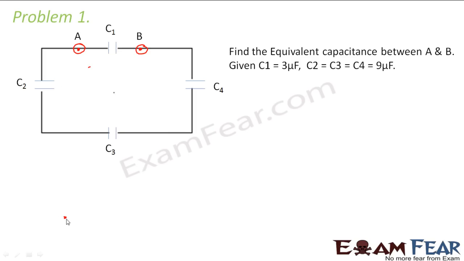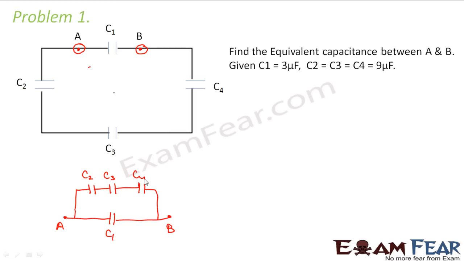So it is always advisable to draw the circuit diagram as per your comfort. First you draw the 2 points between which you have to calculate. So what do you see? There is one capacitor in between these points. So let us draw that capacitor first. And that capacitor is C1. What about the other capacitors? The other capacitors, they start from A, then C2, then C3, then C4, then ends at B. So it is somewhat like this. It starts from A, C2, then C3, then C4, and then ends in B. So this is C2, C3, C4.